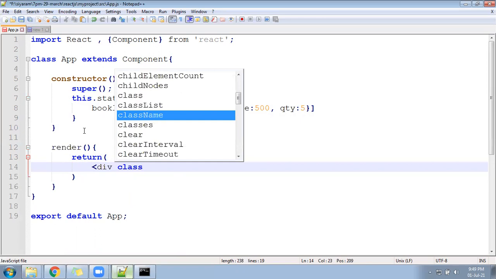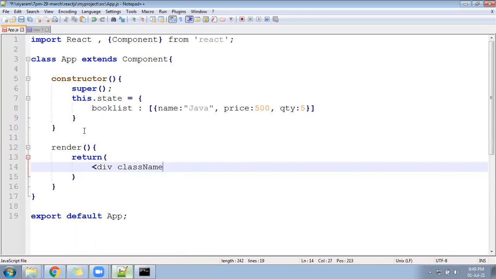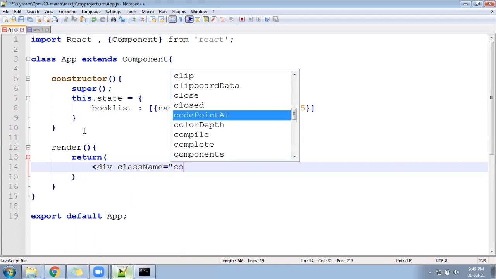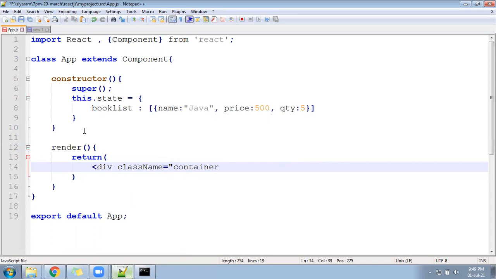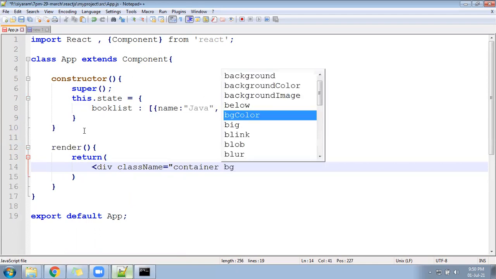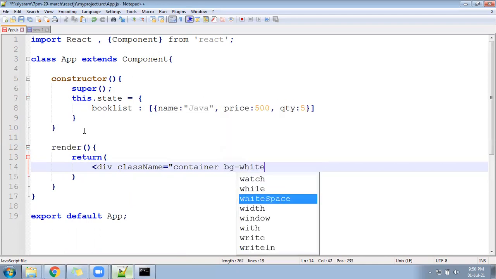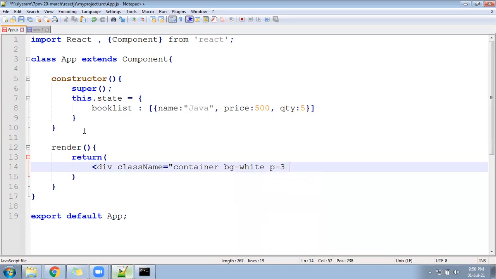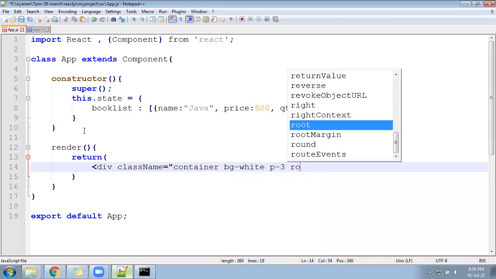And guys, in React JSX, we don't have class, it's called className. Container. I will be following bg-white because my background is sky blue color. And then p-3, padding 3, and then a rounded class as well.